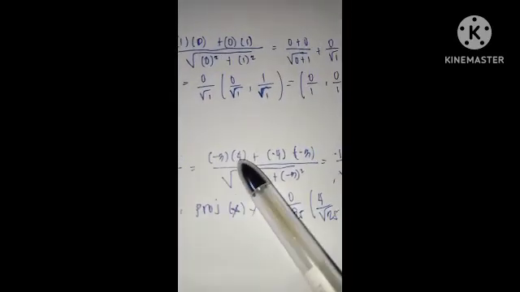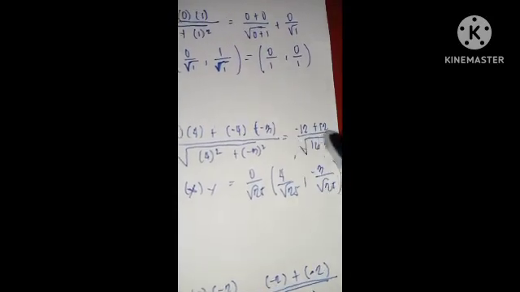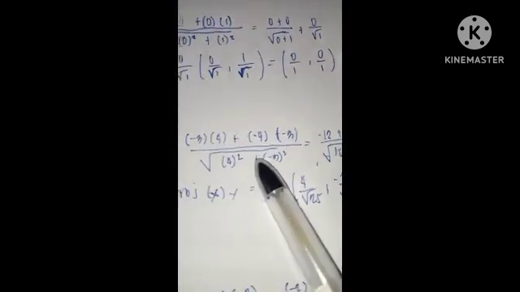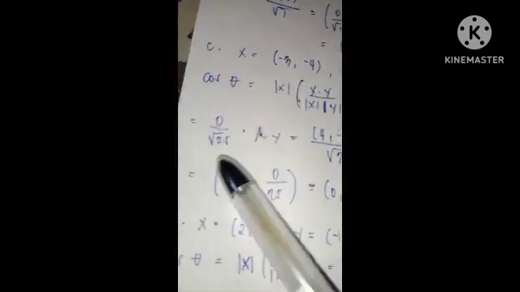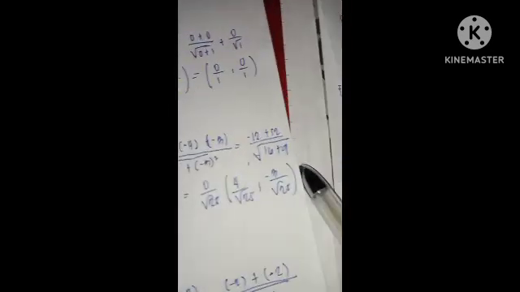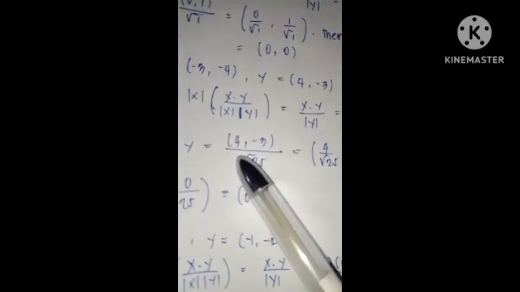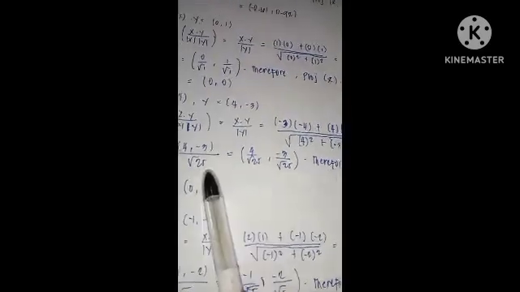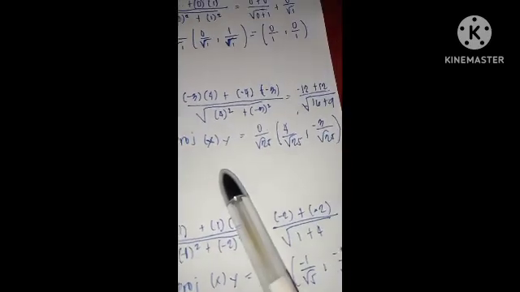So negative 3 times 4 is equal to negative 12 plus negative 4 times negative 3 is equal to positive 12, over 4 to the power of 2 is 16 plus negative 3 to the power of 2 is 9. So the square root of 16 plus 9 is equal to the square root of 25. And negative 12 plus 12 is equal to 0. So 4 and negative 3 over the square root of 25. Separate the two. So therefore, the projection of x onto y is equal to 0